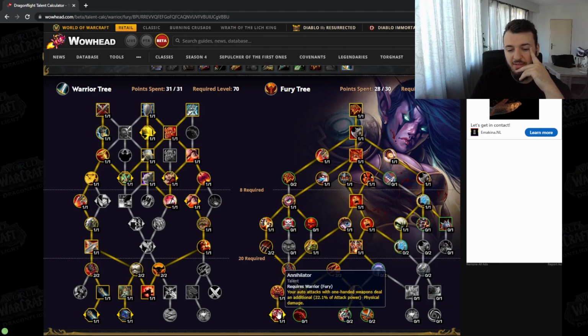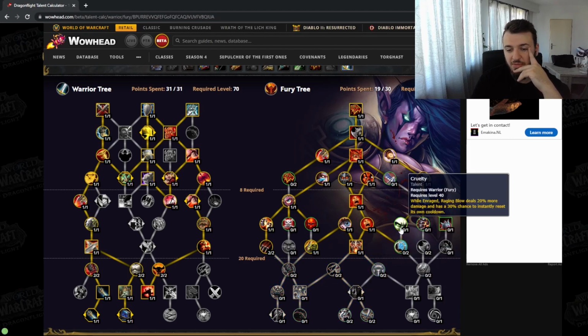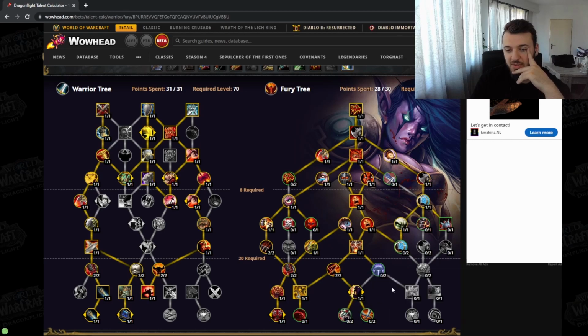So here we have like 5 points spent, 3 points spent. So we can still remove things. Like, oh, we can't. Alright, so we can't. I can't count, I think. Anyways. That's pretty much the build. I think I would spend those 2 points into...